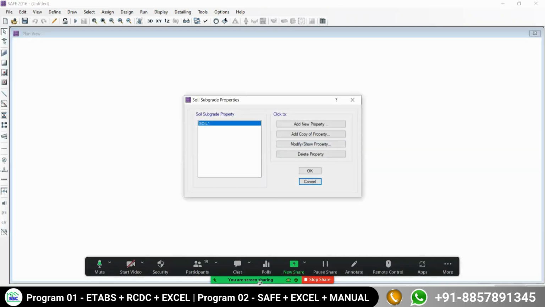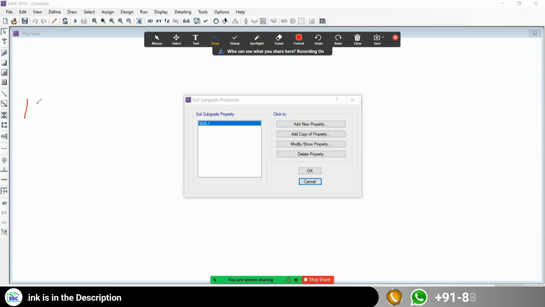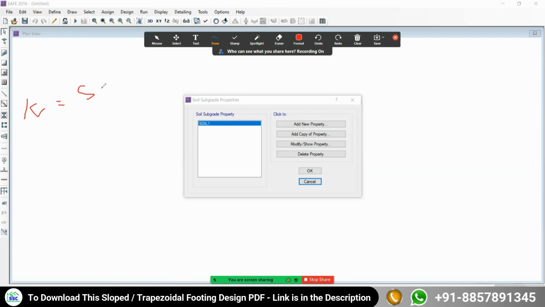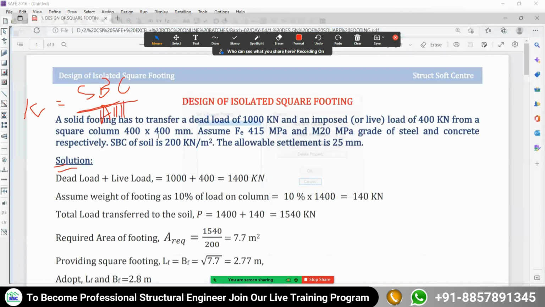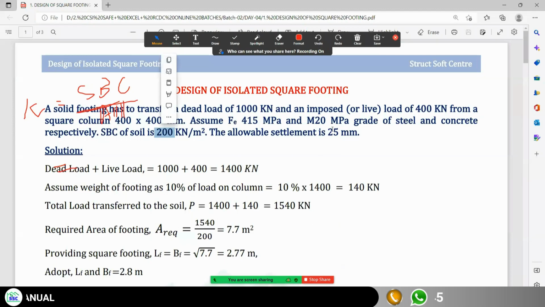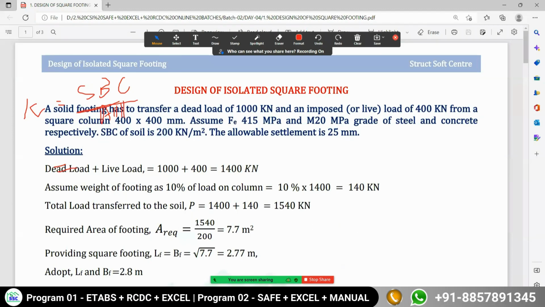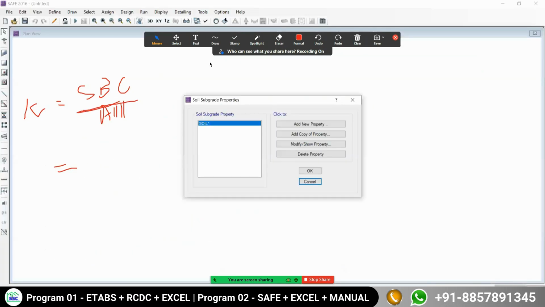For the soil subgrade property, what is the formula? Yesterday also I explained. K will be equal to the SBC of the soil. That is important to know for your proposed structure, for your proposed project, and you also need to know the allowable settlement. Both of these things have been given in our example problem statement. SBC is 200 and allowable settlement is 25. Just go back to your SAFE, and here I have to define SBC, which is 200, divided by your allowable settlement, which is